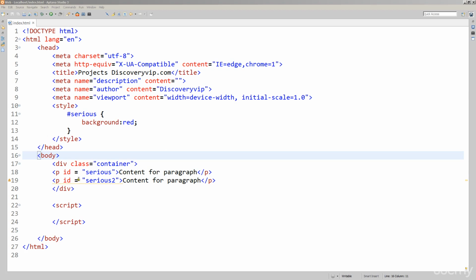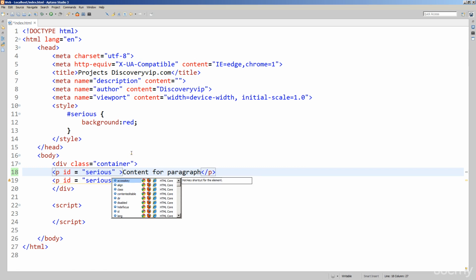To apply inline styling, you can add inline styling to any HTML element. So much like we were adding IDs, classes, and so on, we can add styling. Style is just another attribute we can add into our HTML elements. So for this paragraph, I'm actually going to add in a style, and I'm going to add in the same